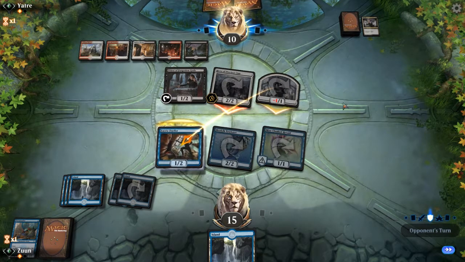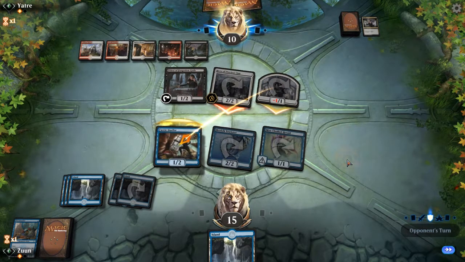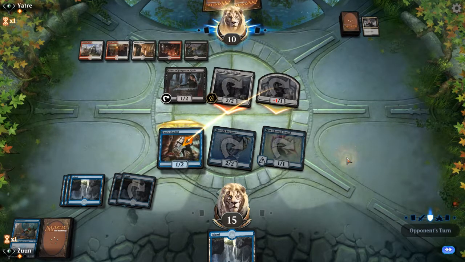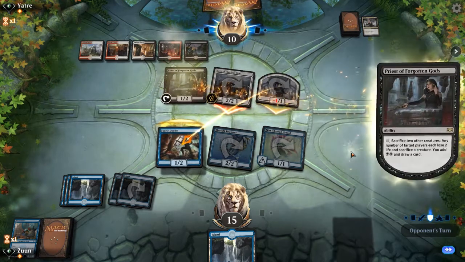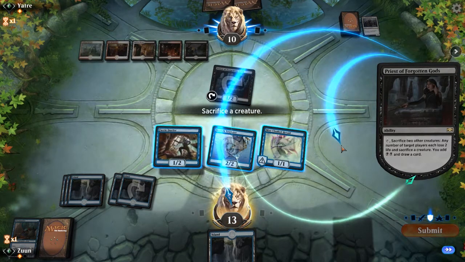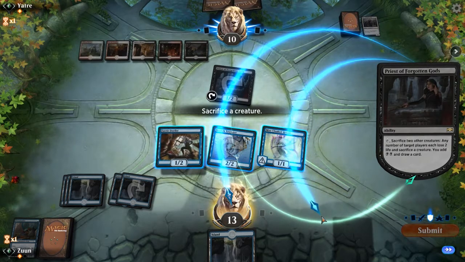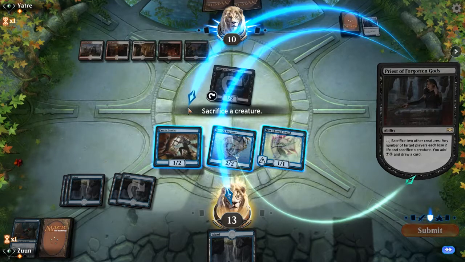This creature also has flying. He has nothing to block it, so I'm going to be able to do 2 damage. So no matter what happens, he's on a 4 or 5 turn clock. So I have to sacrifice a creature. I think I'm going to...